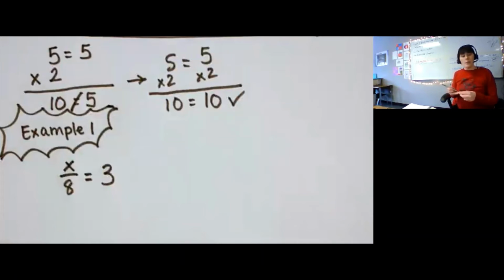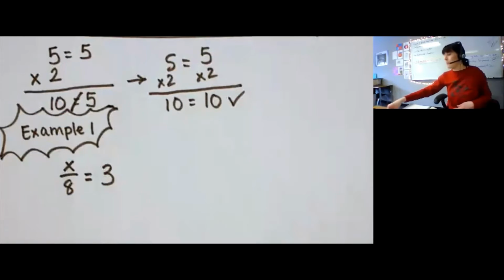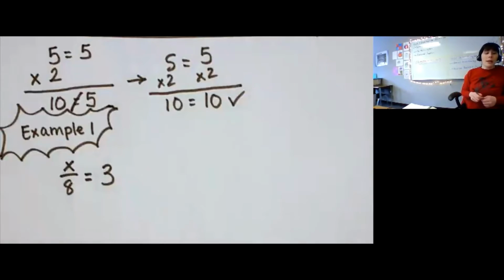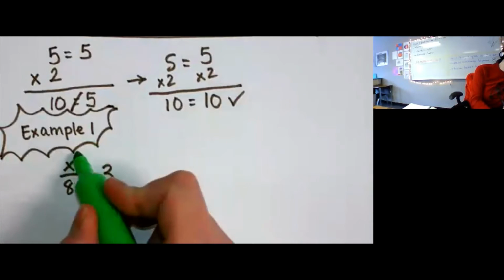So we're going to take a look at example 1. X divided by 8 equals 3. So we're looking for some number that when you divide it by 8, it's going to give you 3. We're going to use our multiplication property for this one because there is division. When we are trying to isolate our variable, when we want to get x by itself, isolate means to get by itself,